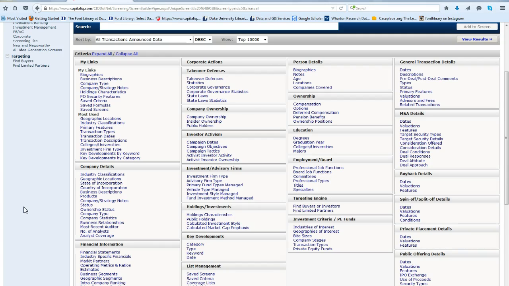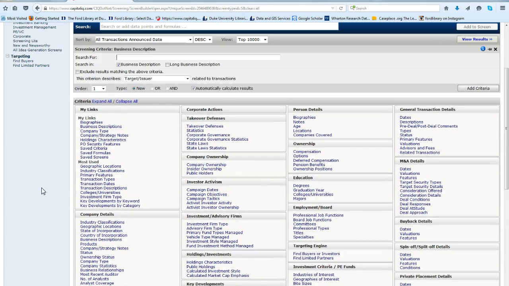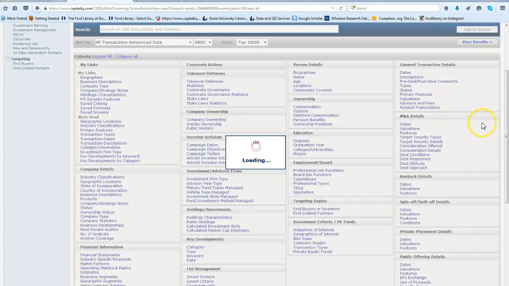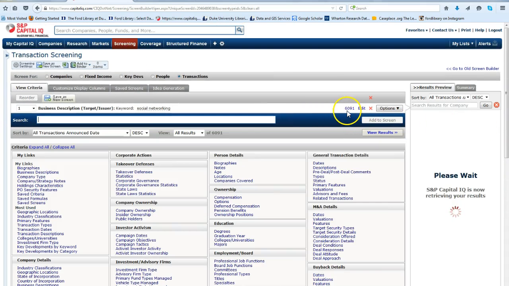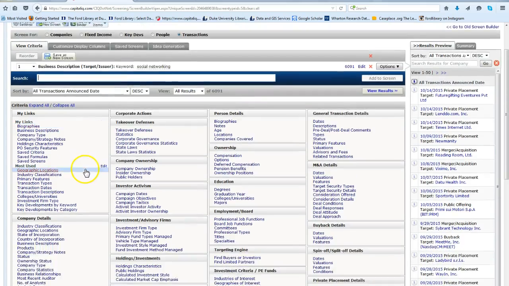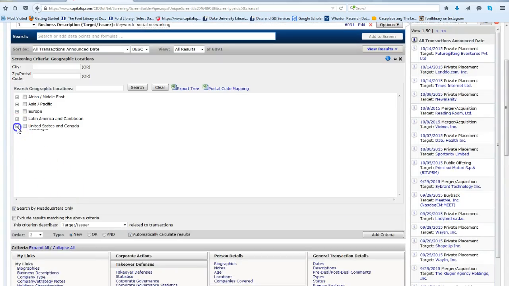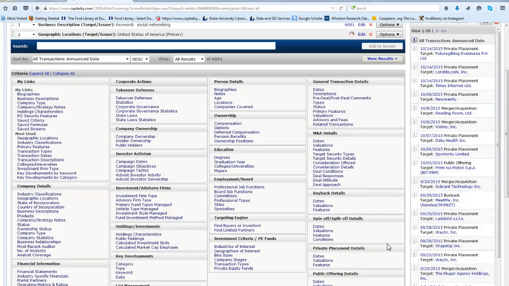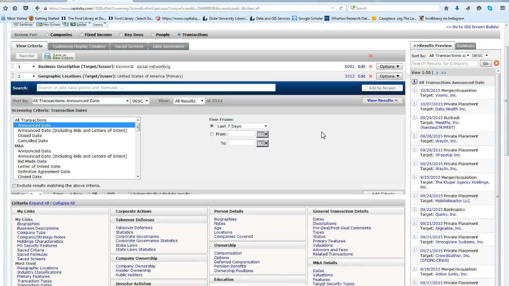I plan to create a list of social networking companies that have received private funding within the last year. I'll start by clicking Business Descriptions and entering the words social networking, then add criteria. You'll see that there are over 6,000 transactions with those terms in the business description. Next, I'll just select my country and add, then my dates,